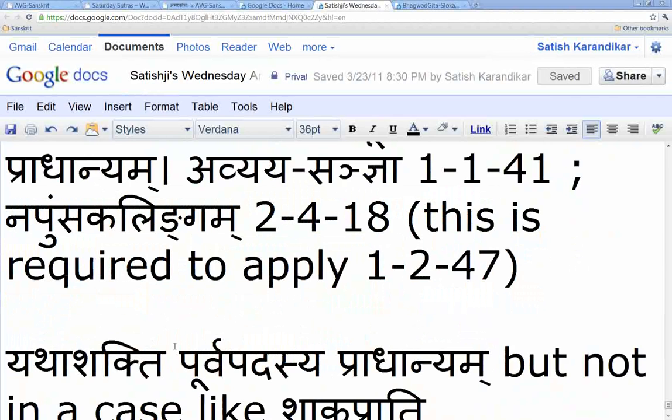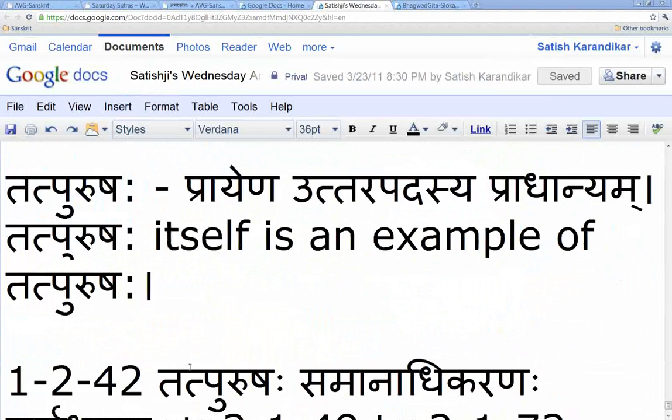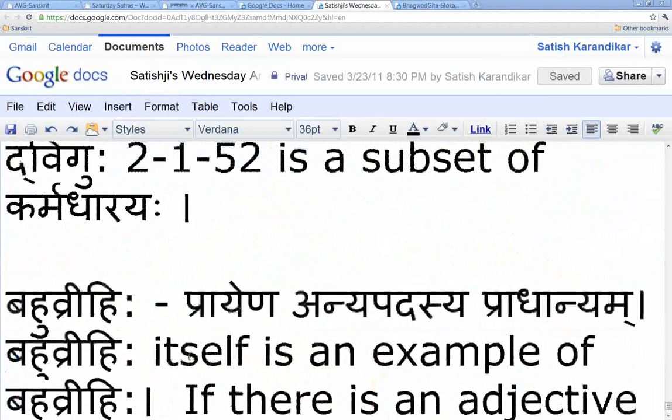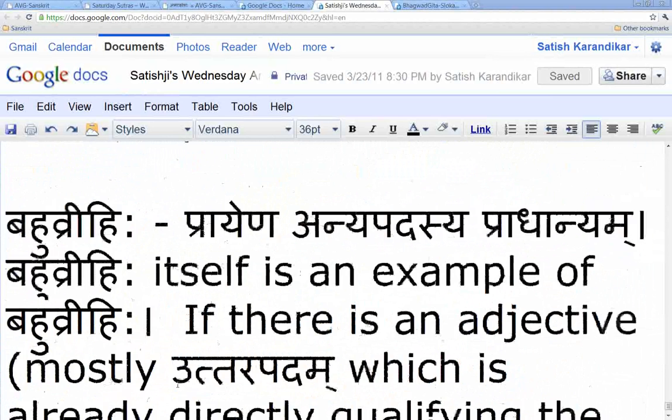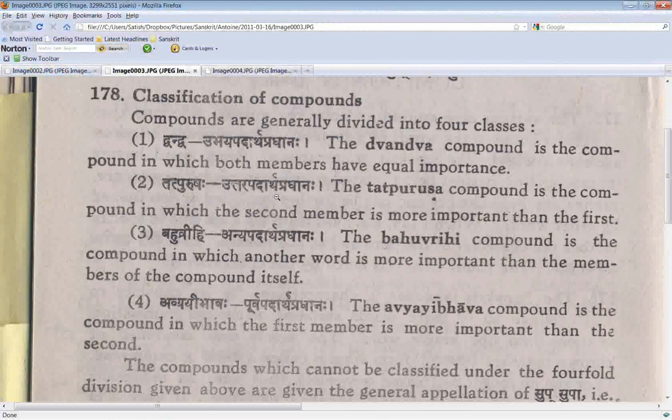Same thing in the Tatpurusha compound, we saw atimalaha, a paradi samasa, where the atikranta has taken pradhanyam, the purva padam. In Bahuvrihi, we saw the example dvitraha, trichaturaha, where the pradhanyam is inside the compound itself, the 3 and the 4, 3 or 4 people. With dvandva samasa we also saw samahara dvandvaha, where the samahara has pradhanyam, not the ubhayo padayoh. So anyway, that's the gist for you, a little tour today of the samasa topography and some basic rules. Let's follow the book now.